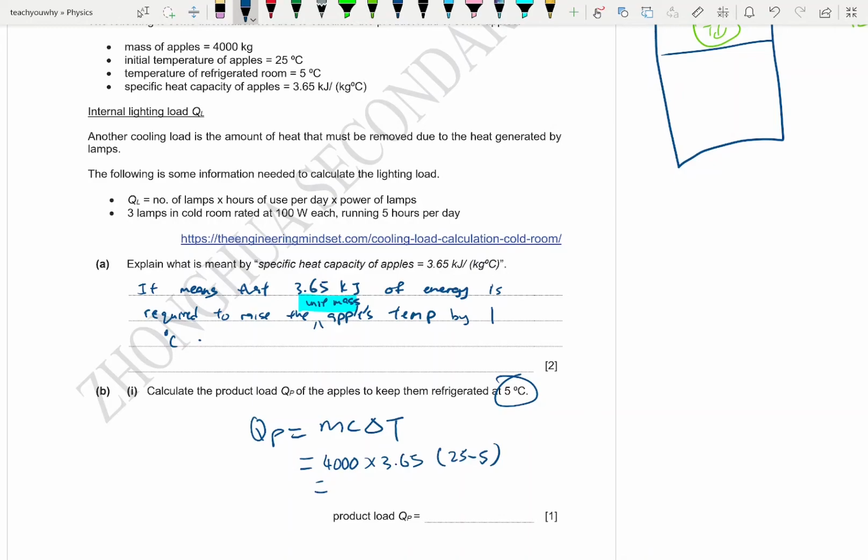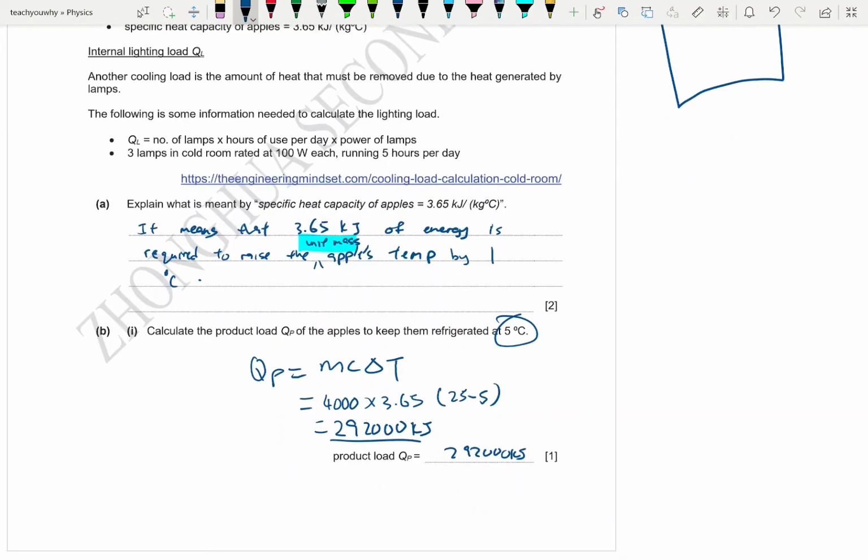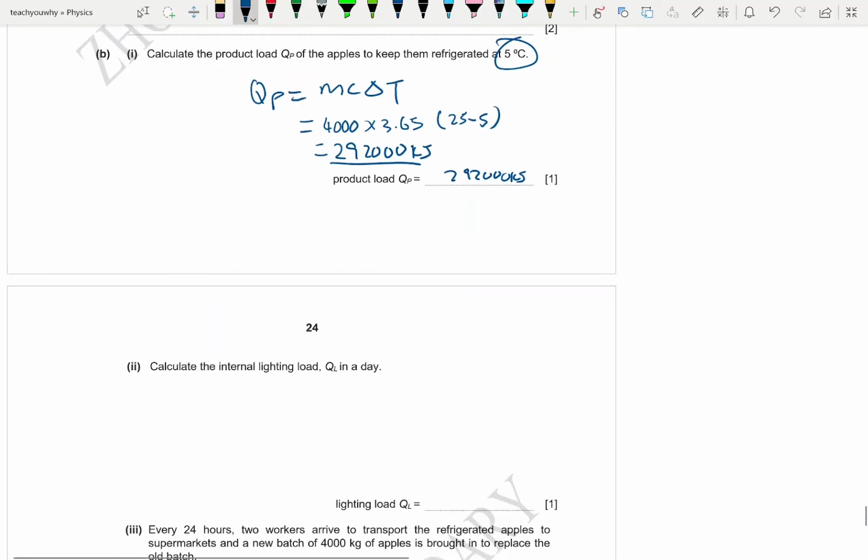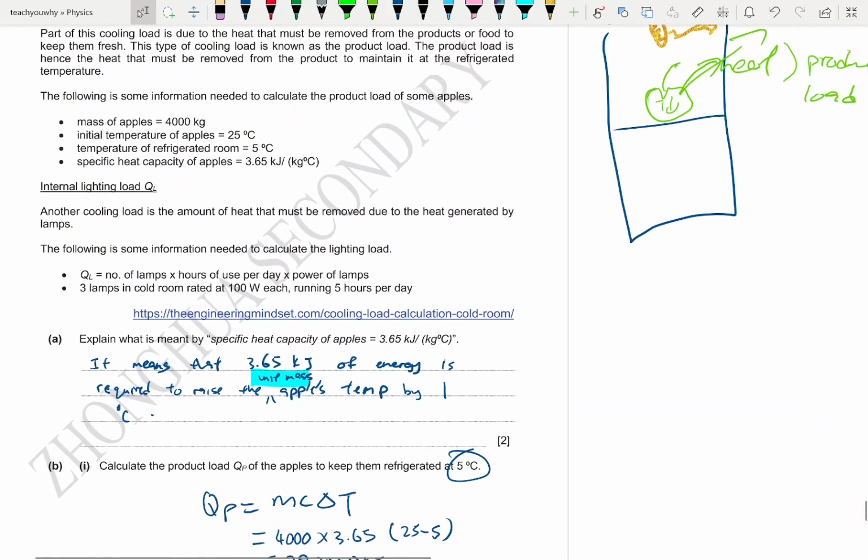Let's see what we have. Oh, very big number. The number is 292,000 kilojoules. Okay, should be quite straightforward. Calculate the internal lighting load Q_L in a day. So in a day,